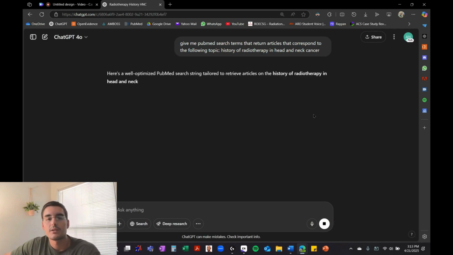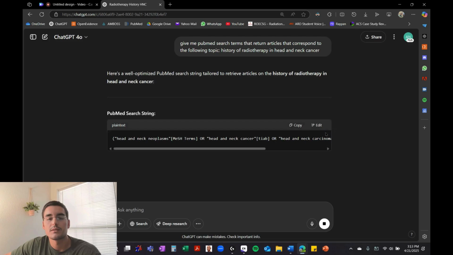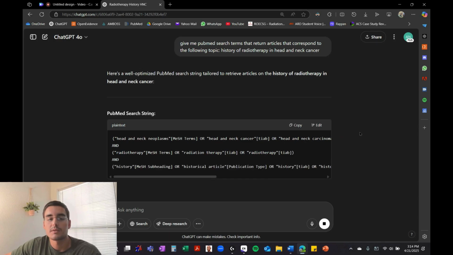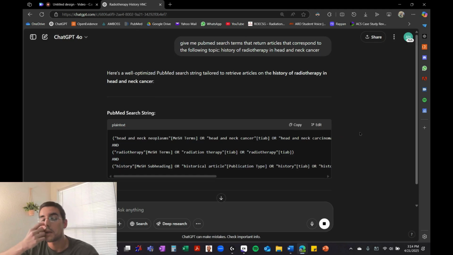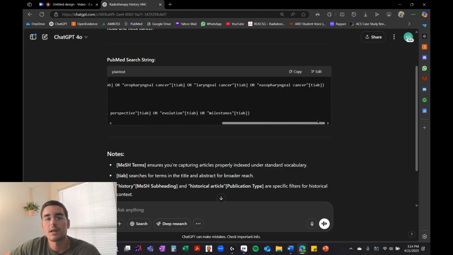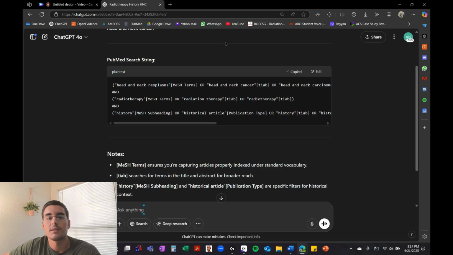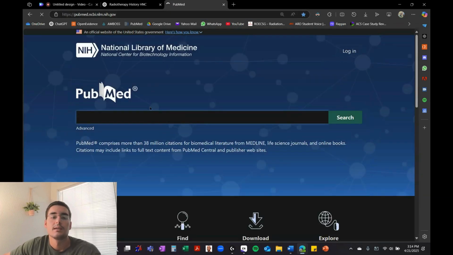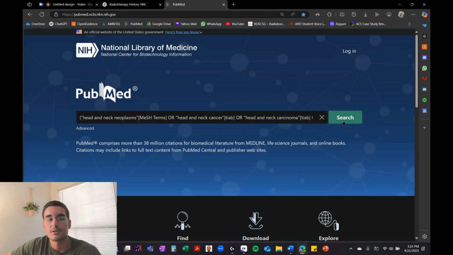And ChatGPT should be able to give you a pretty detailed list of search terms that you can use. And so this saves a tremendous amount of time if you're somebody that struggles with using the syntax that PubMed uses, or any other database like Cochrane, Web of Science, Embase. Then this could save you a lot of time. And you can see right here what it would look like. So I would just copy that, go over to PubMed, paste it, search,